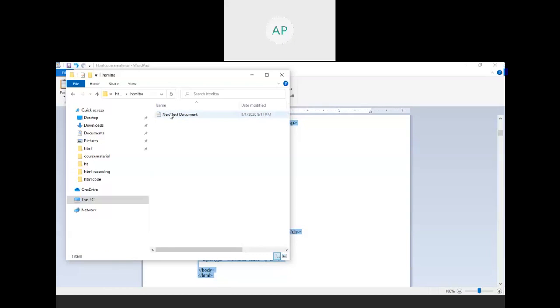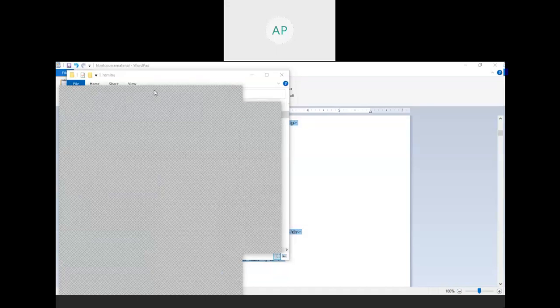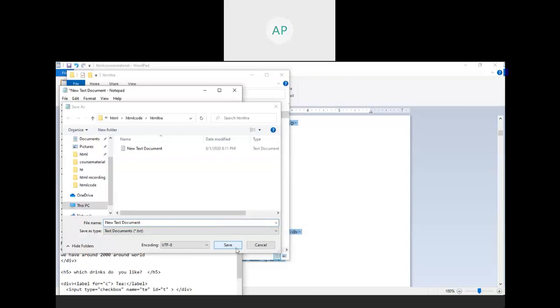Open this text document, double click, and paste the program which I copied from my document. Okay, now I have copied this program into the new text document. Let me save this file with any name.